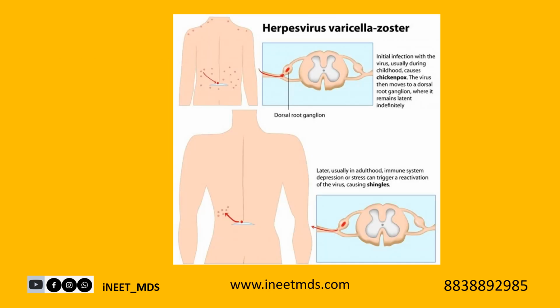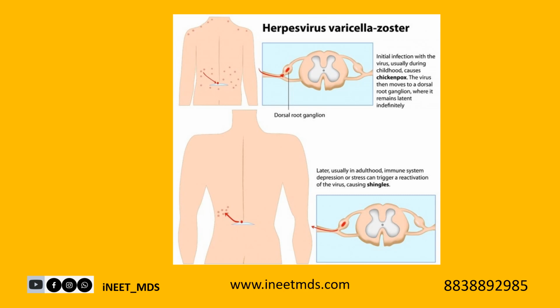Then we have something called the recurrence of chickenpox infection. When a person is infected with varicella zoster herpes virus, the initial infection during childhood causes chickenpox. Then slowly the virus will move to a dorsal root ganglion. It could be whichever nerve root, but it will rest in the dorsal root ganglion, and that is called a latent period. The person will remain latent throughout their life. It is not necessary that there will be reinfection. It might remain latent throughout.